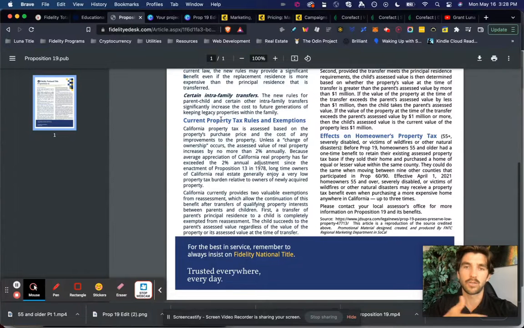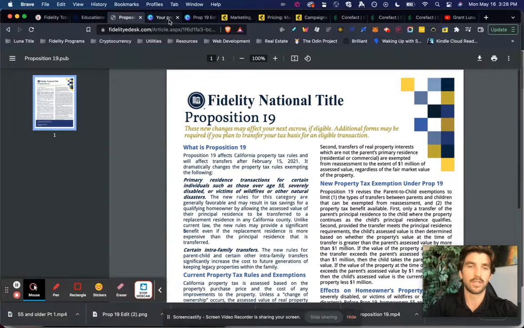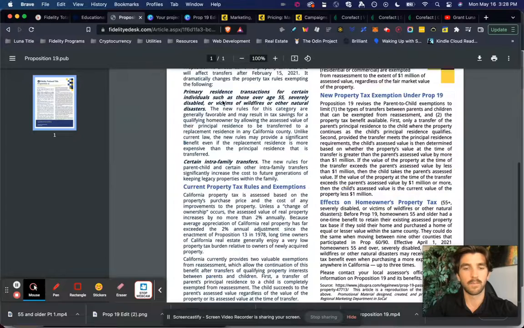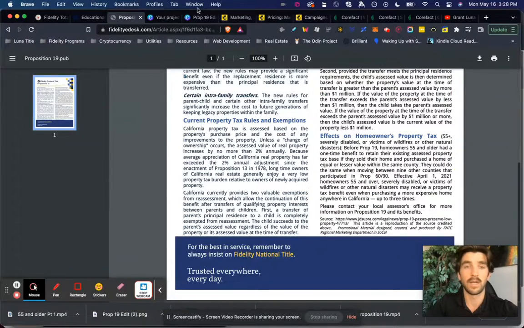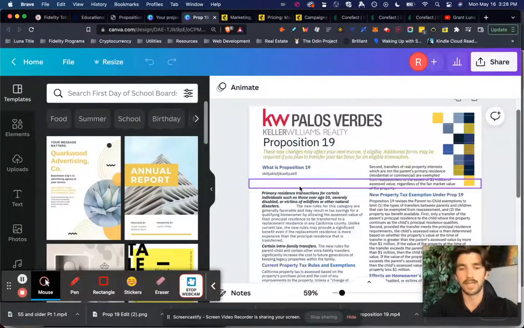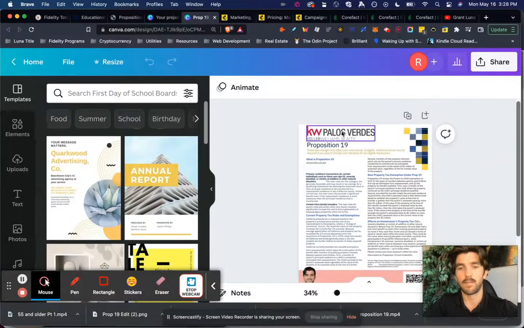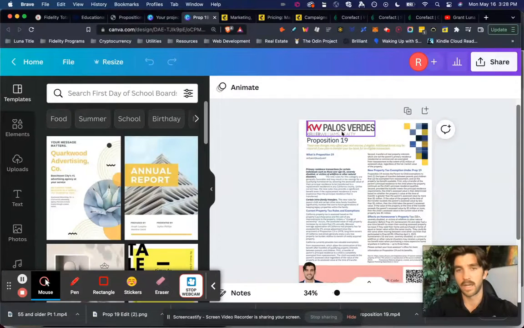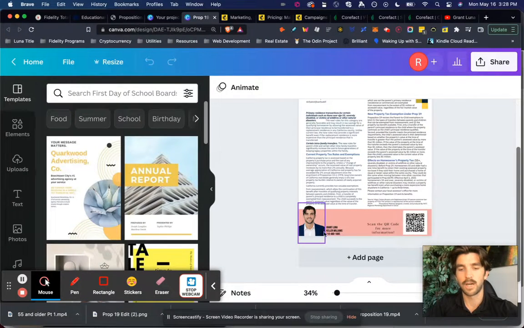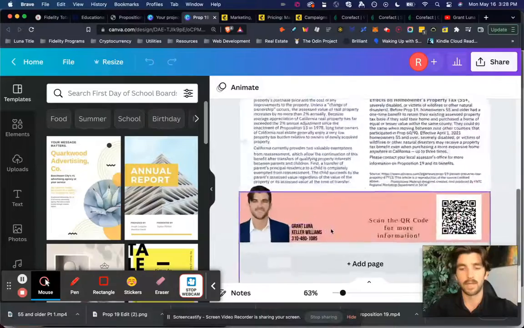So check the link in the description for a full breakdown on how you can actually put your branding on it. But just a super brief overview, I can download this to my computer here. I can upload it into a resource like Canva, which allows me to edit these PDFs. And I can take it from looking like something like this, which is kind of generic, but still good information. It doesn't have my branding anywhere, to something like this instead, where it's going to have my brokerage logo. For example, if I worked at Keller Williams Palos Verdes, my headshot, my contact information down here,